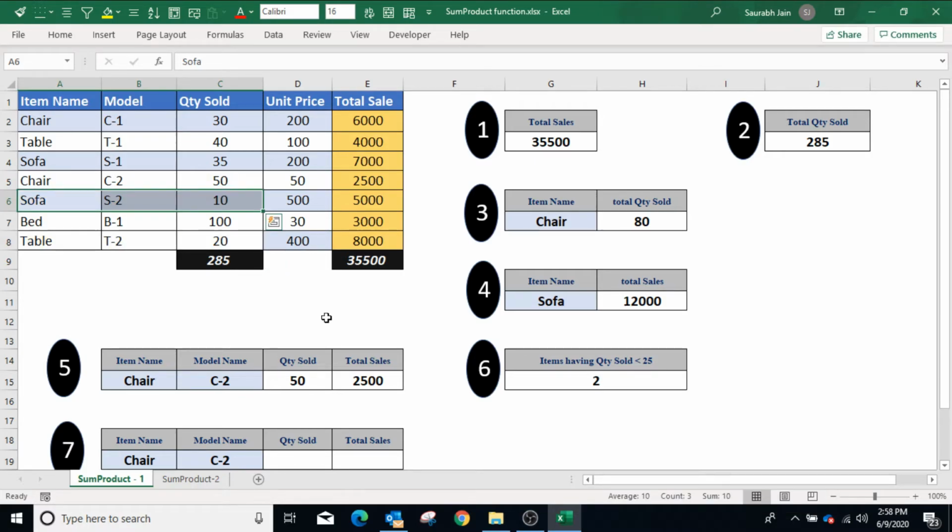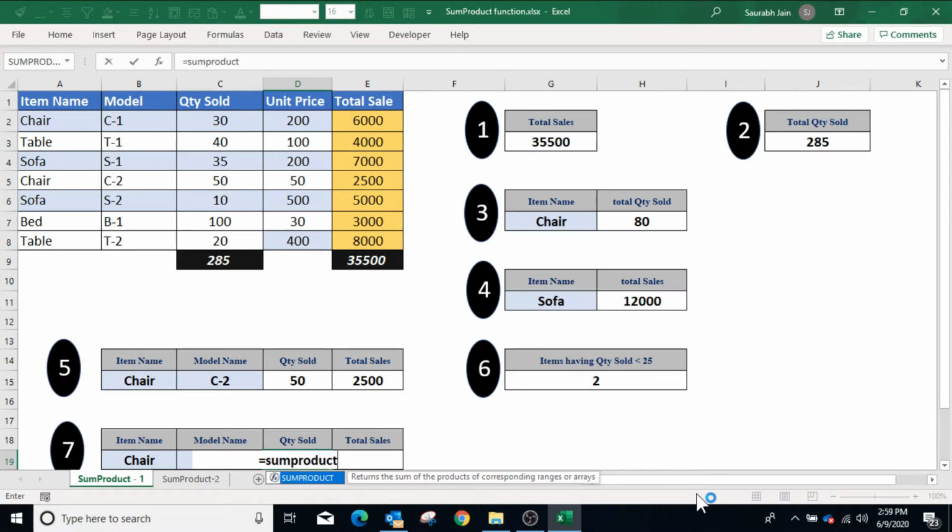To identify the quantity sold for a given item name and model name, we can rewrite the formula using the double negative sign. So to check the quantity sold of item chair having model C2, type equals to SUMPRODUCT open bracket.